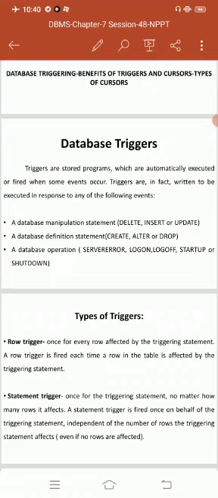So these are the uses of database triggers. One, a trigger can permit DML statements. Second, a trigger can be used to keep an audit trail of the table. Third, it can be used to prevent invalid transactions. Fourth, it can be used to enforce complex security authorization.